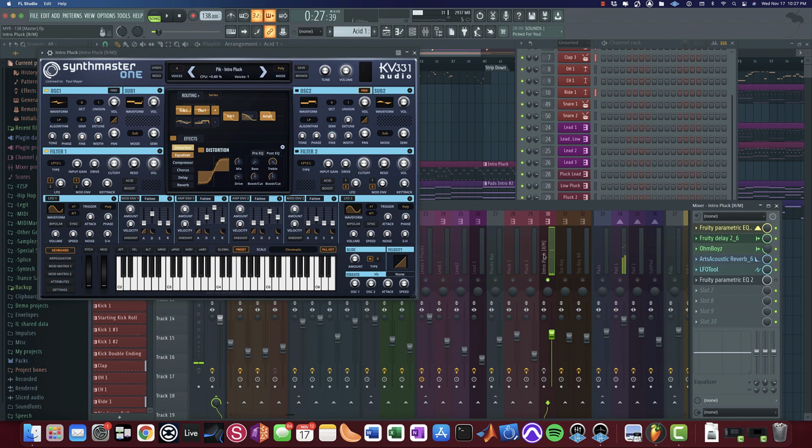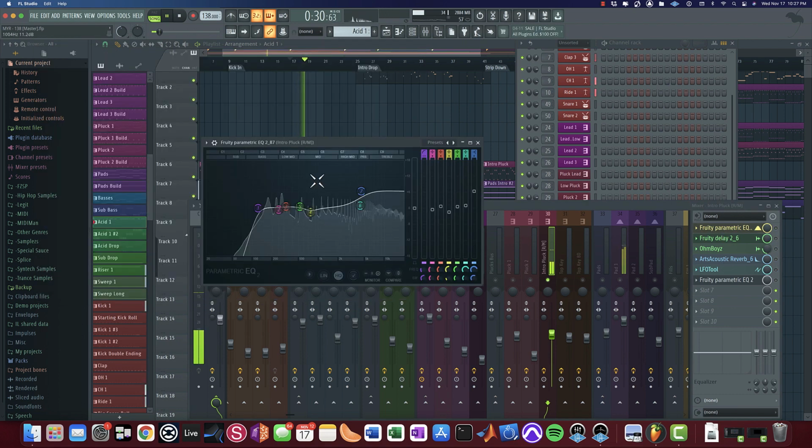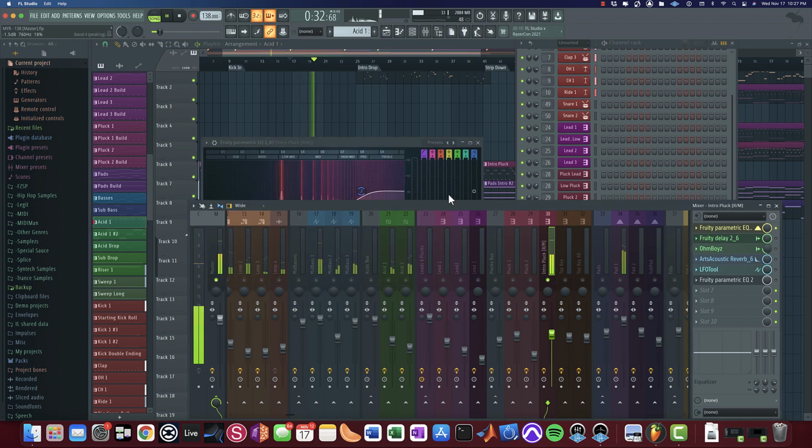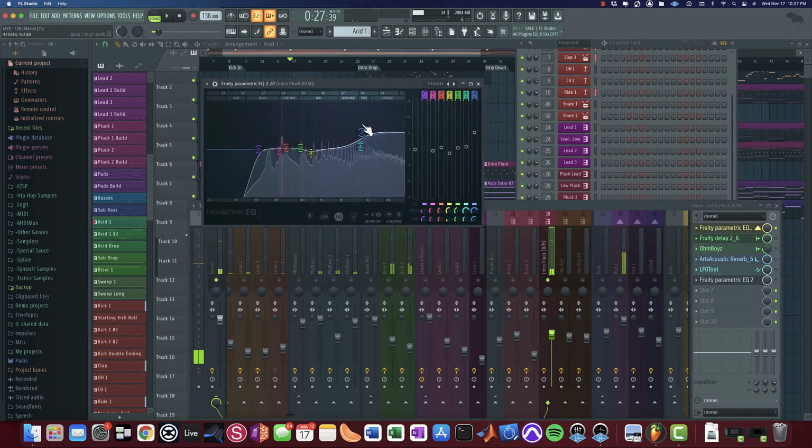Distortion and EQ. So let's see what these effects are doing. High boost and a cut around 800 hertz. Sometimes you'll find that these plucks can get muddy around 800 hertz, so sometimes it makes sense to dip that a little bit, and then the energy maybe around 400 hertz to boost that a little bit, which I'm doing